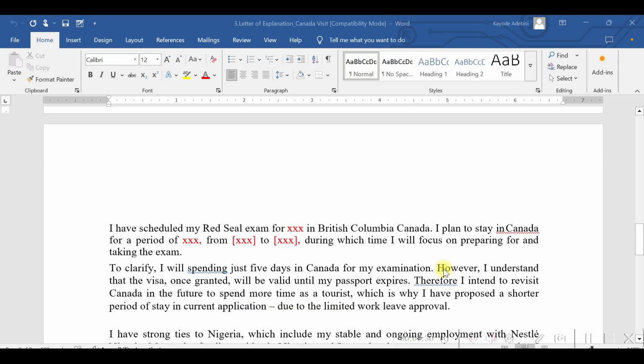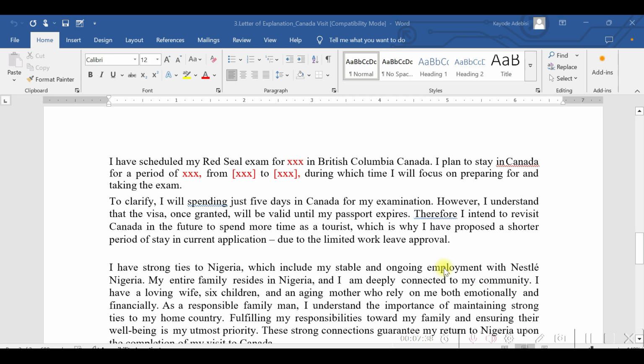Then he went further to provide information around the Red Seal exam details, focusing on where you take the exam and all that. When I say we, I actually did this with him, but let's just speak in that term. We discovered that most times Canada will refuse you because of inconsistent purpose of visit, right? And I've come to realize that one of those reasons would be that you're saying you're going for visiting and you're just spending 5 days. What's the rationale? When you travel almost 24 hours or some 48 hours to a country and just spend 5 days and go back, it doesn't make sense, right?